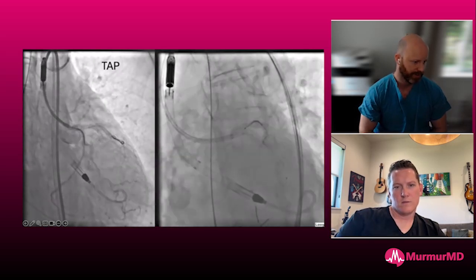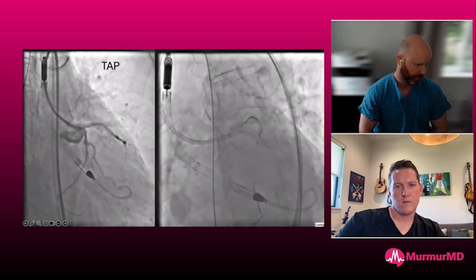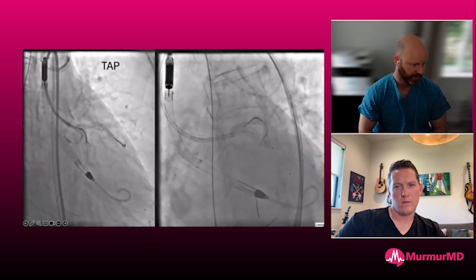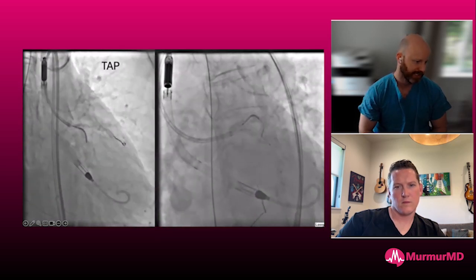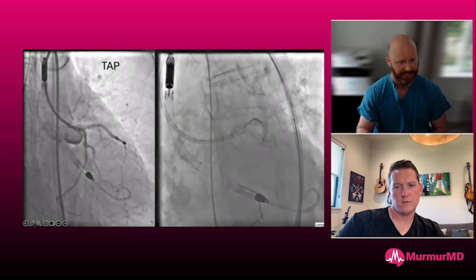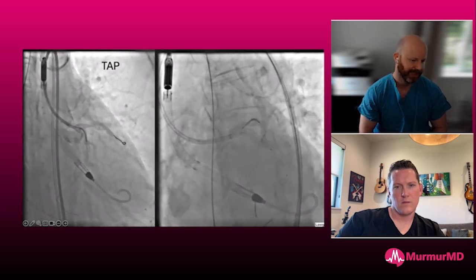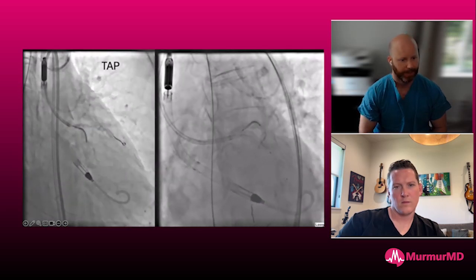And the reason is that we're going to make the TAPping or the teeing stent into the main branch, which would normally be the LAD. Normally the side branch is the circumflex. I like this technique for multiple reasons. The first of which is that it's much easier to recross into the LAD than it is into the circumflex. Some people would say, oh, well, that's a more important territory. And I think that's true. It is important. But